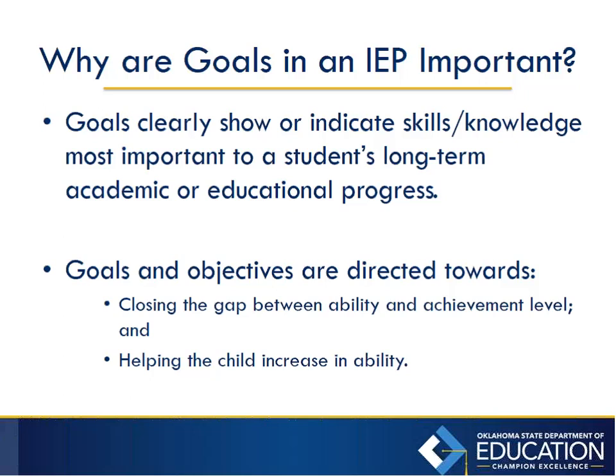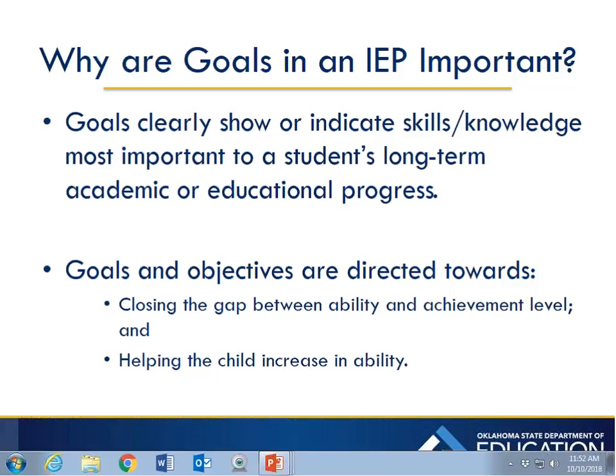We see this one as well. Johnny will graduate high school. Fabulous goal to have. Unfortunately, that's the goal of every child in Oklahoma. We want them to pass and to graduate. So you really want to make sure you're taking those present levels and writing measurable goals. And by the end of this, you'll be tired of hearing me say measurable goals. So when you go to write your goals, you'll be like, Shawna said, measurable.